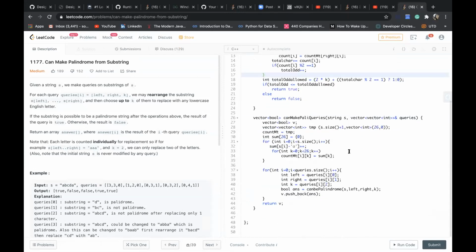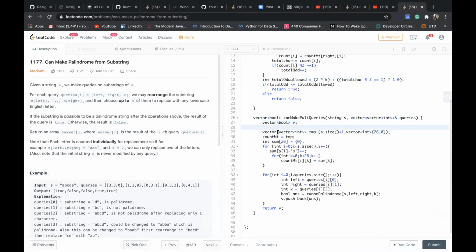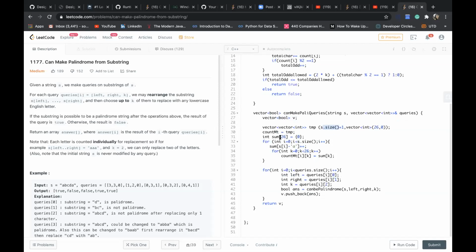So my main function starts from here. What I have done is I have created the 2D array. This is vector bool v, which I'm returning later on, and this is where I've created my 2D array basically. And here, because alphabets are 26, I've initialized my first array to 0, and then I'm taking one by one from my string s and